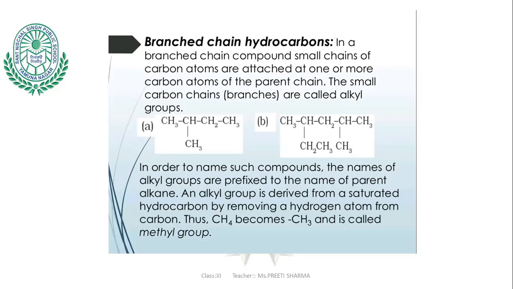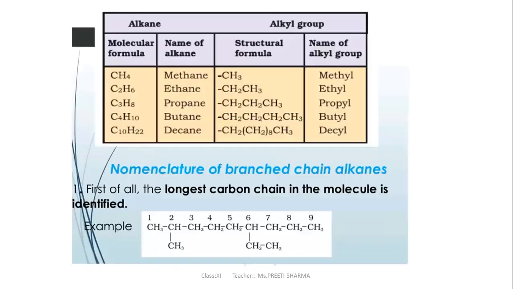From where do these alkyl groups come? Only from the methane part. If one of the hydrogen atoms is removed, it becomes an alkyl group, that is called a methyl group. Similarly, we have ethyl, methyl, propyl, different types of alkyl groups. You can see, for CH3 we use methyl if it is present as a substituent in the chain,